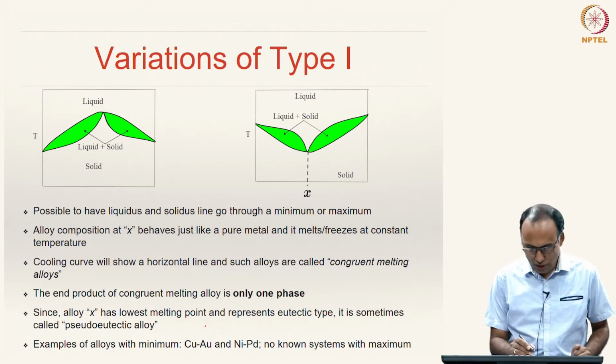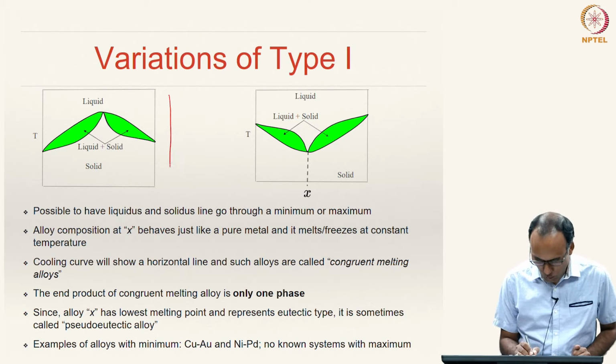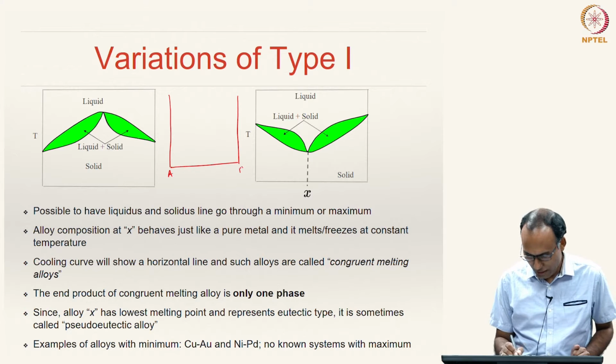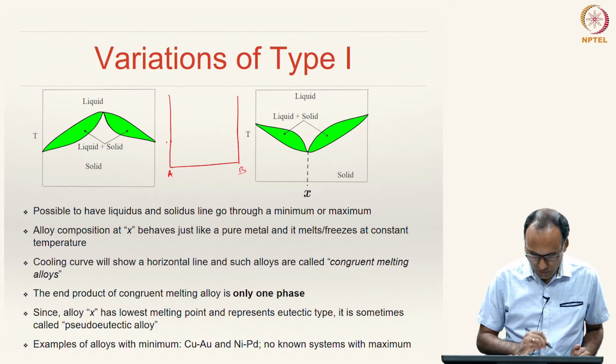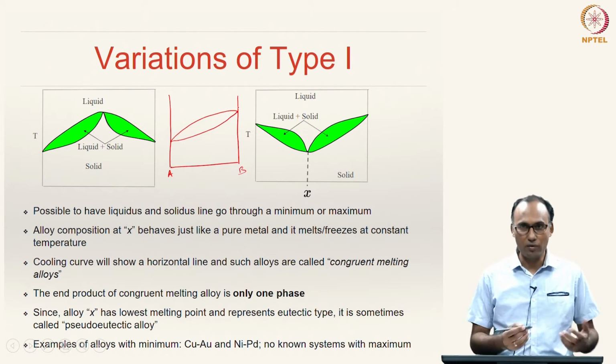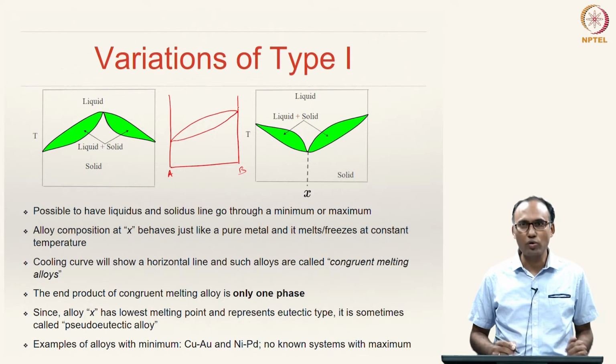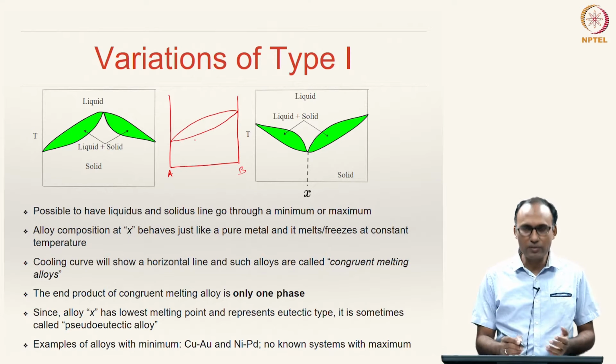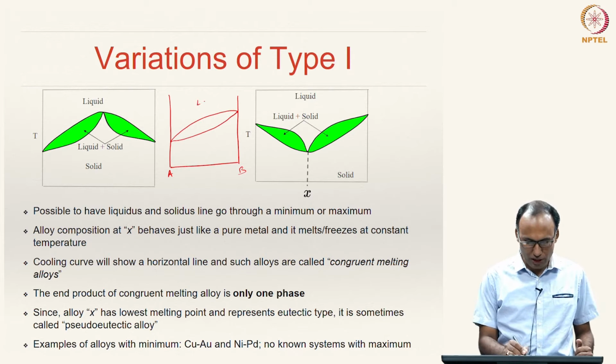When we saw the type 1 alloys phase diagram, here I am drawing it again. On the y axis, here you have, let us say, A and B, and let us say melting point of A is lower than the melting point of B, then the phase diagram of an isomorphous alloy looks something like that. The isomorphous alloys of the kind that we have looked at so far are looking like that, wherein A and B are completely soluble both in liquid state as well as solid state.